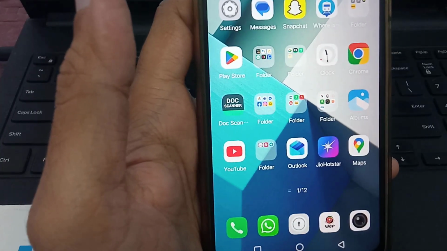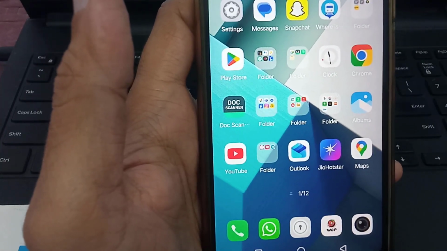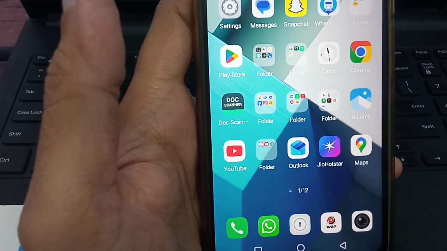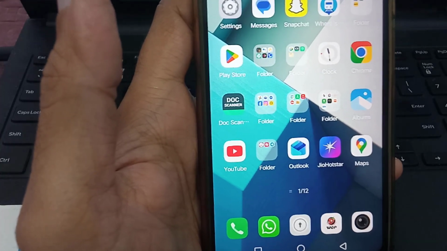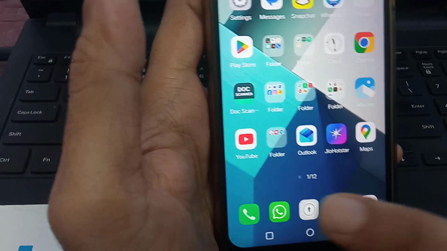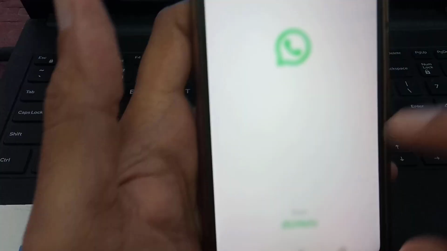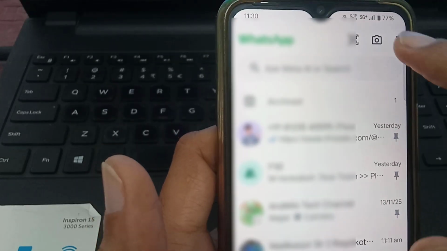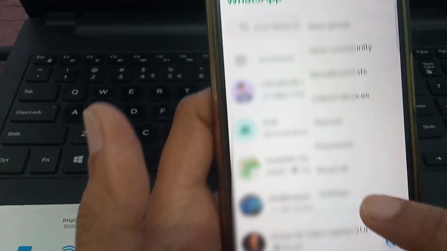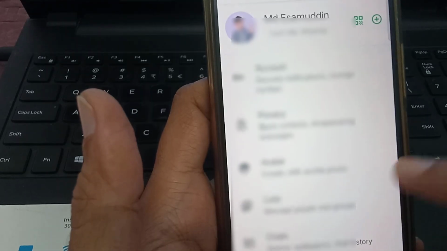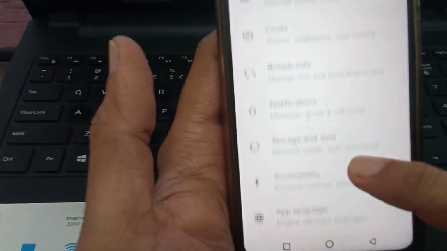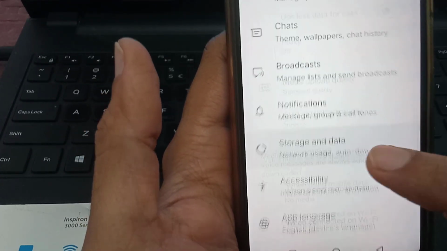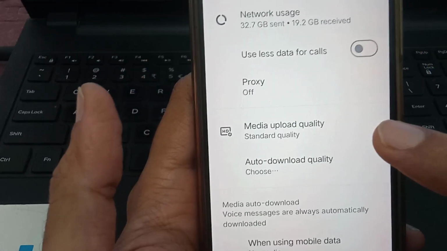Guys, if you want to turn off automatic download of your WhatsApp media on your Android, then I'll show you how to do this. First of all, you have to open your WhatsApp. After opening WhatsApp, you have to just click on these three dots, then click on settings. You have to just scroll down. Here you will find storage and data. Tap on this. In this you can see